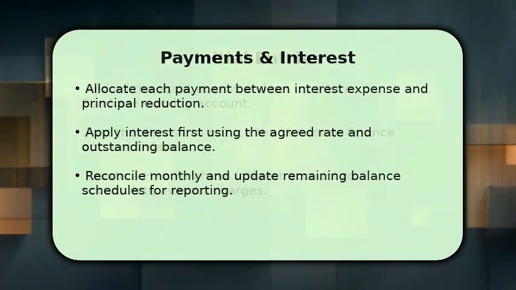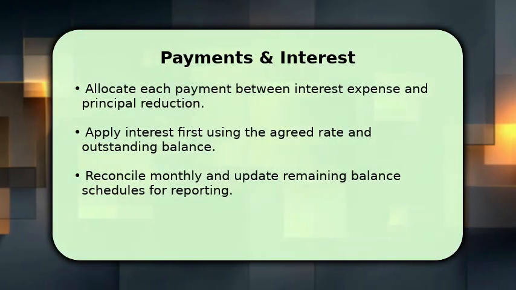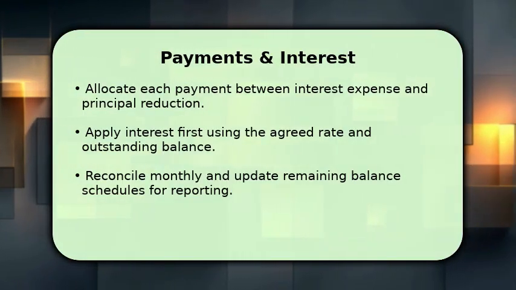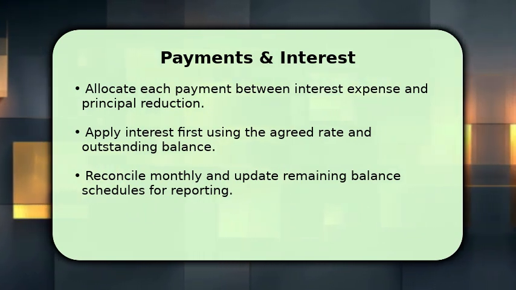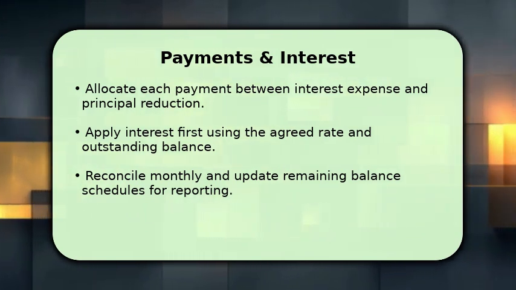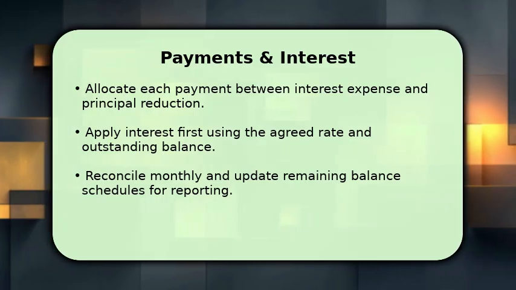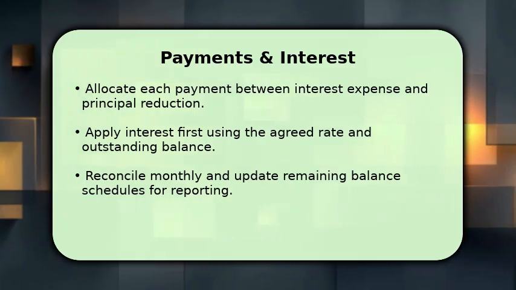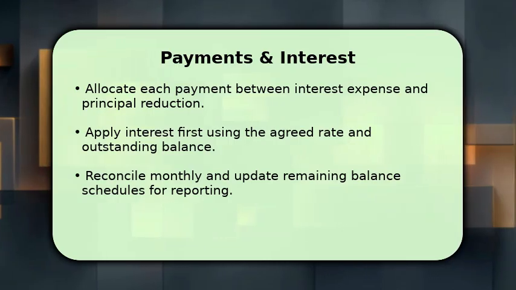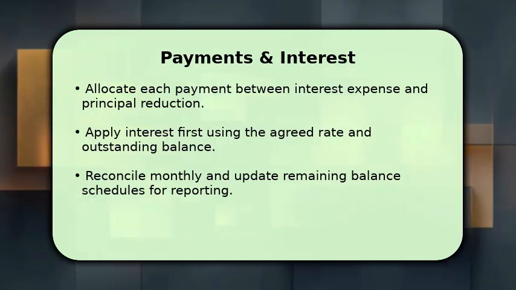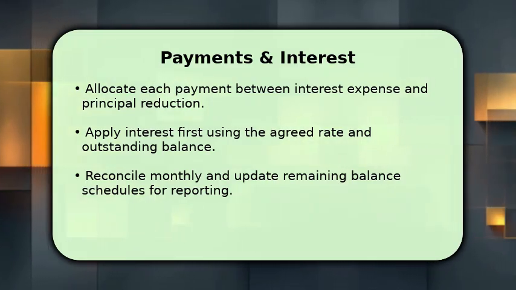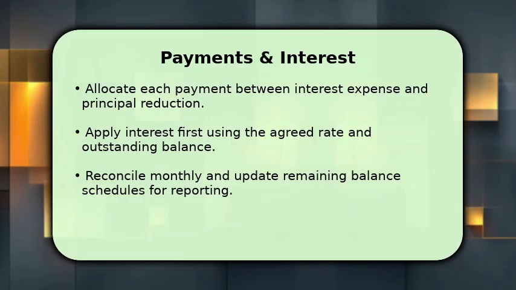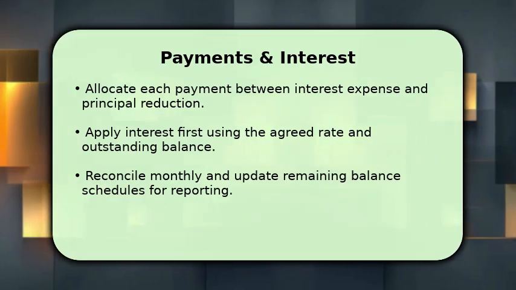When payments are made, split each amount between interest expense and principal reduction based on the agreed rate and remaining balance, and post accordingly to ledgers. Apply interest first, then reduce the hire purchase liability by the principal portion and update the vendor or finance account balances. Reconcile monthly, post any required depreciation to the asset account, and maintain a payment schedule showing principal, interest, and the remaining balance for audits and